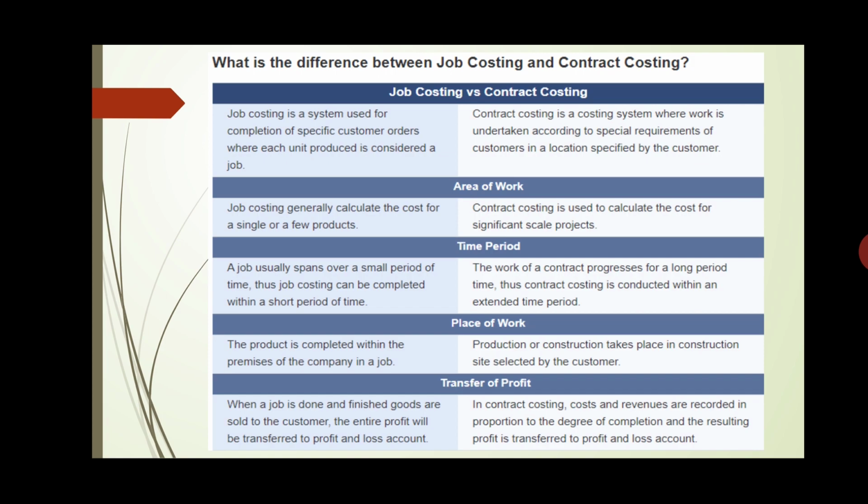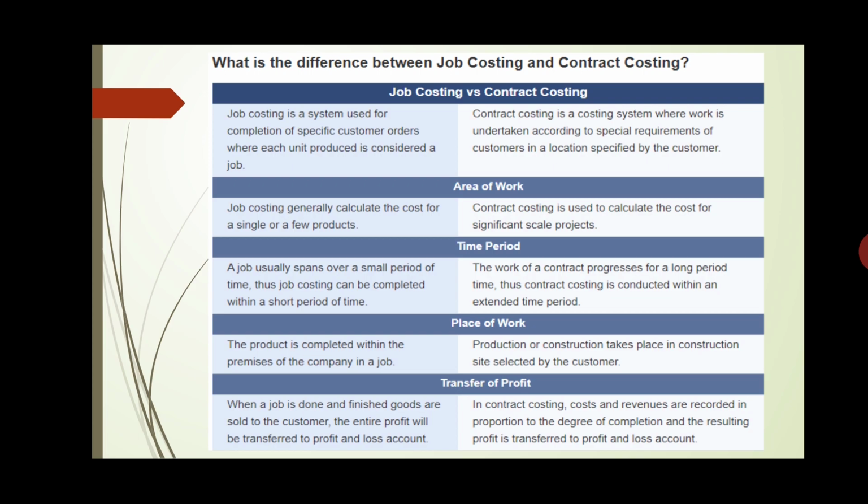So accordingly you will be showing it in time periods of 1 year, so that we do not have to wait for a much longer period of 5 years, and we cannot sit for 5 years to identify how much our cost or benefits have been. So this was the major difference between the two types of costing, job and contract costing.